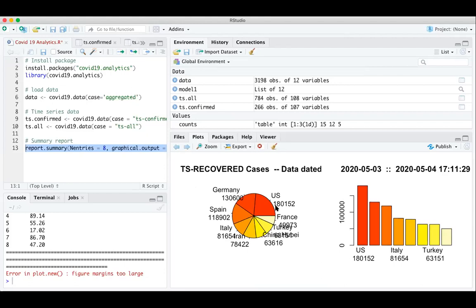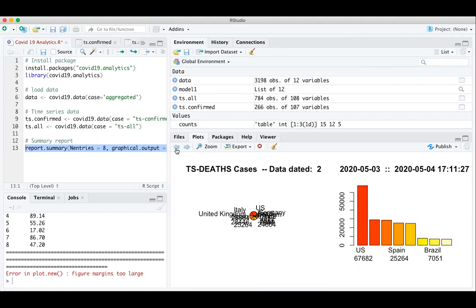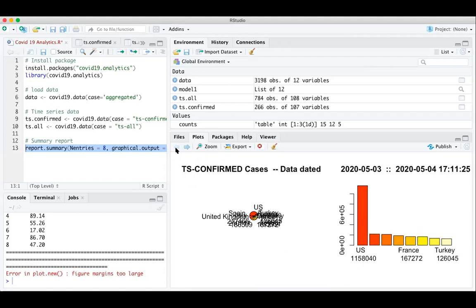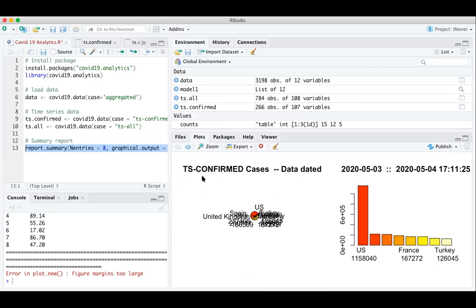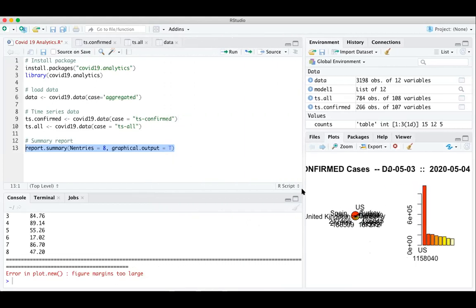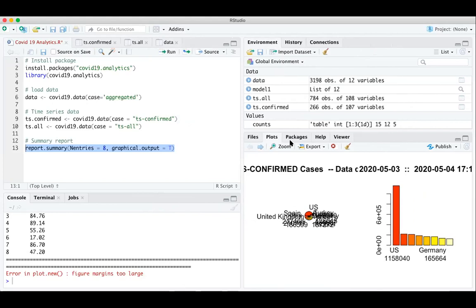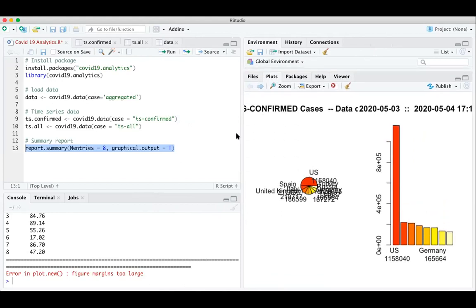US 1,80,000, France, China, and similarly it's given in both the bar chart and the pie chart. Death cases are also provided, and confirmed cases. So this is nothing but a graphical representation of the same data which we have shown in tabular format on the console.